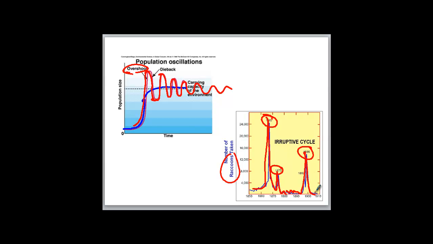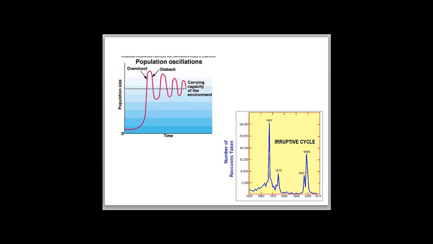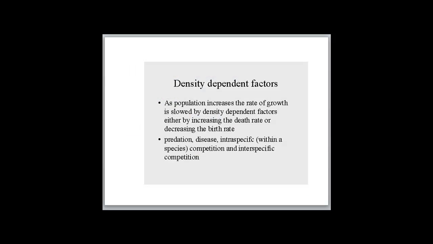Eruptive occurs usually because of some changes within the environment, where you have a species with a tremendous biotic potential, and so you end up with this type of eruptive explosion of populations. And you'll see that periodically. Be ready, understand the idea of eruptive cycles, and we'll talk about them as we apply it to some real life examples. All right, and these density dependent factors, which I mentioned, just to give you some